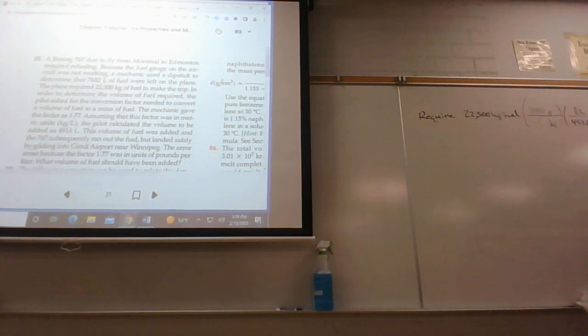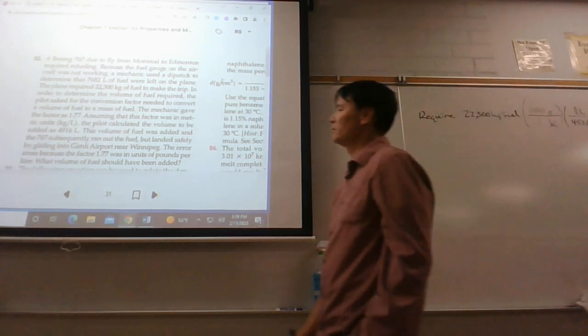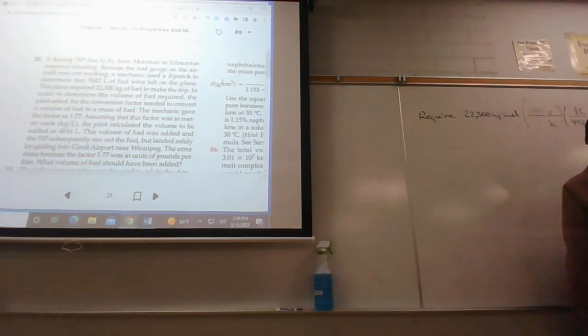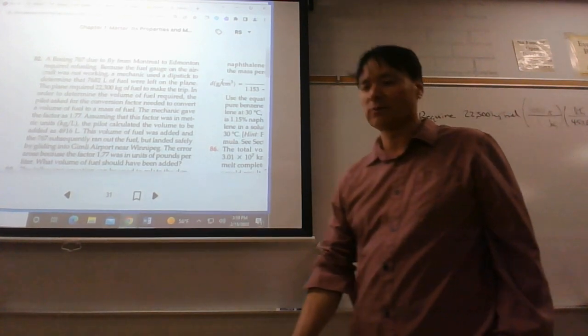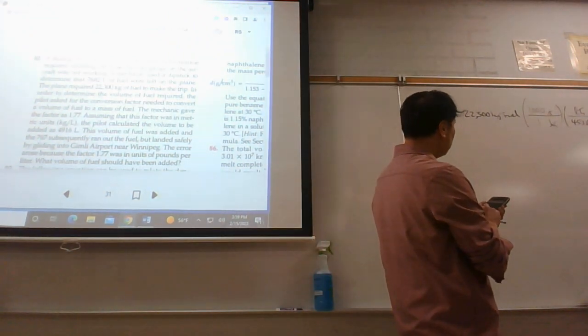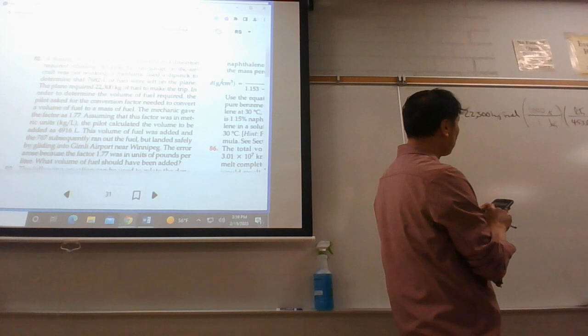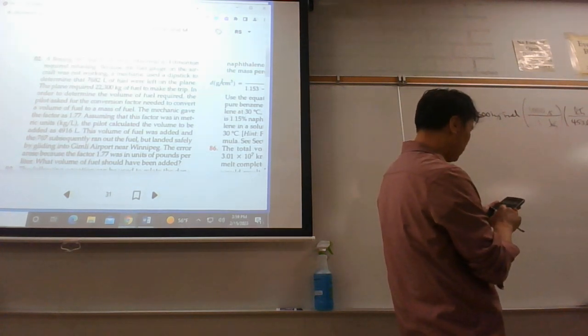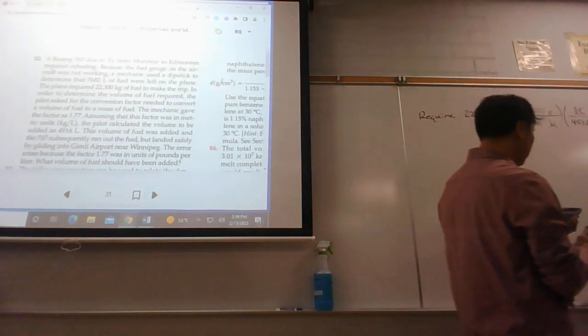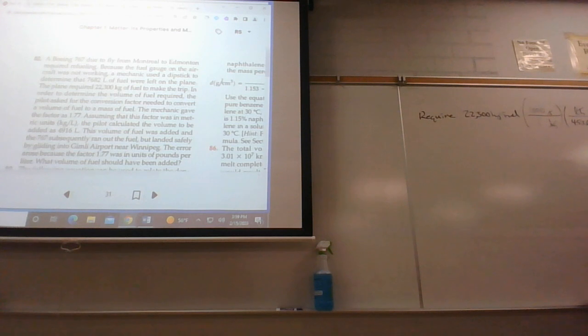Now we can use the density here. The density is in weird units. It's 1.77 pounds of fuel per liter of fuel. That was the correct units for this, pounds per liter. Okay, now we have liters of fuel. So let's see how many liters of fuel are required at this particular temperature. So 22,300 times 1,000 divided by 453.6 divided by 1.77. And so this required